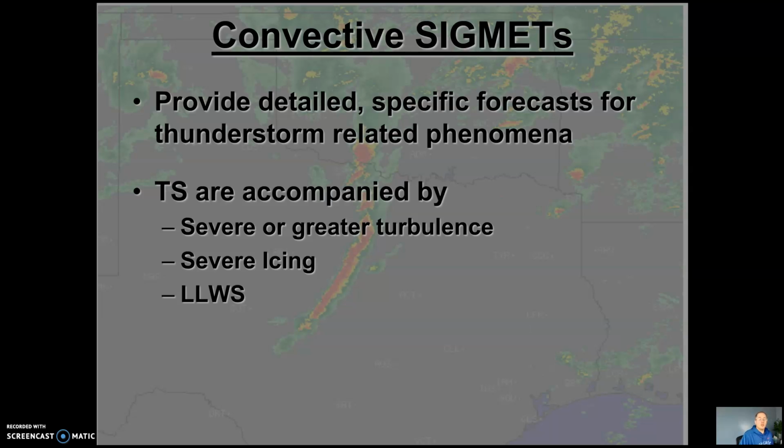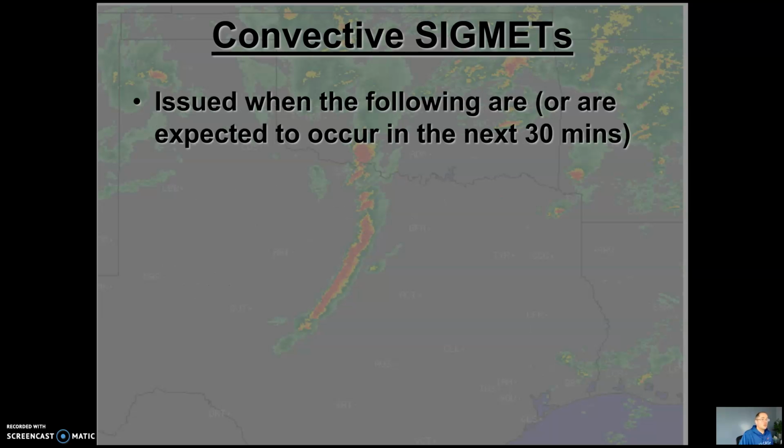But in most instances, they're relatively identifiable, and with current technology, usually aren't going to sneak up on anyone, especially with some of our terminal Doppler weather radar features and other ways of having coverage in high traffic regions. And so convective SIGMETs are going to get kicked out when either thunderstorms are already in progress or expected to occur in the near future. It's a little bit more on the nowcasting side of things than a true outward forecast. We're not going to put out, say, a watch 3 hours before the thunderstorms develop. We're going to really trigger a convective SIGMET when it is imminent or in progress already.